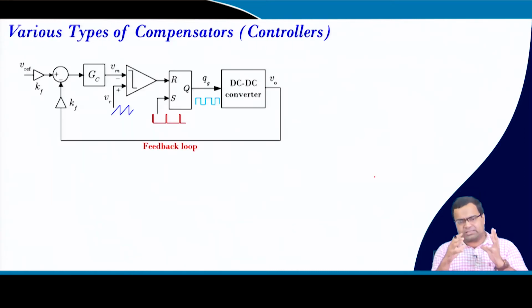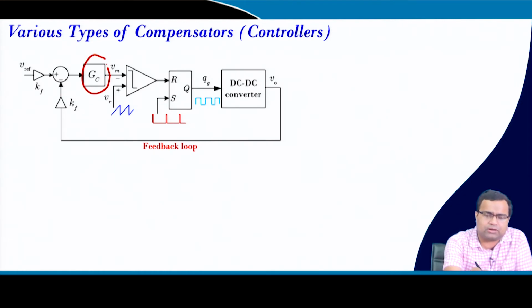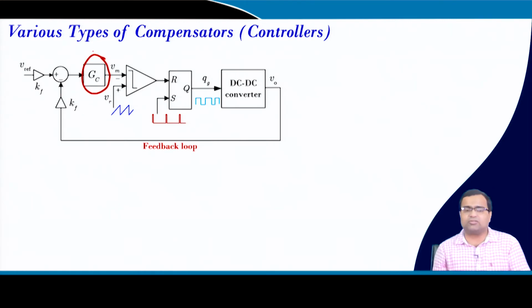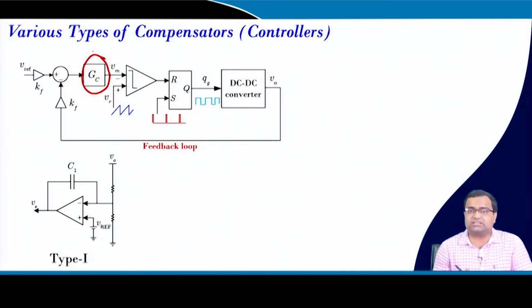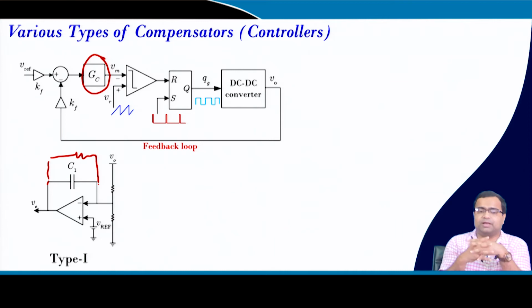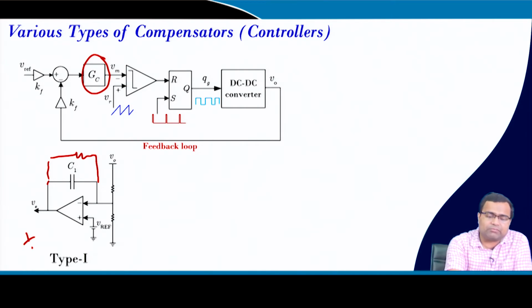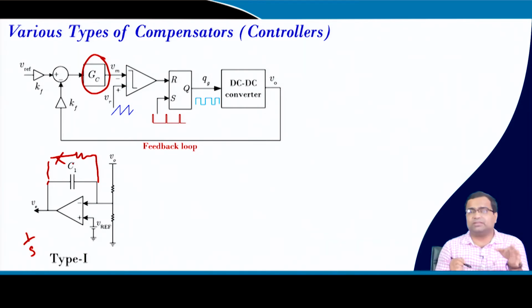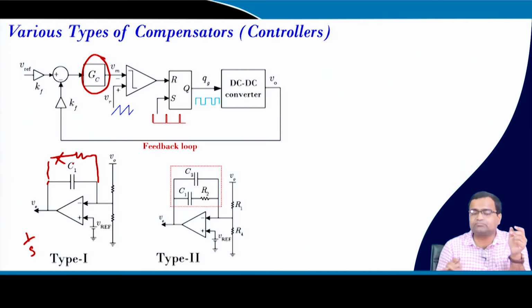How many types of such compensator are there? That means we are talking about this controller. What are the typical controllers that we consider? One is type 1, which is a pure integrator. Though we should not use a pure integrator, we can place a pole very close to the imaginary axis. We can consider a simple resistance here to avoid the saturation problem sometimes seen in a practical op-amp. Okay. So, the type 1 compensator means the ideal one, which is 1 by S, where this resistance will not be there mathematically.